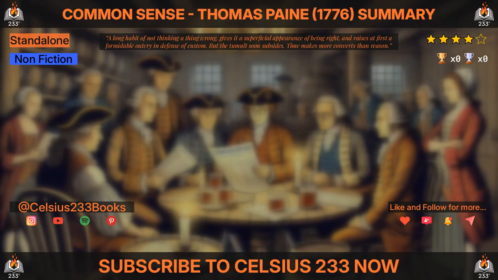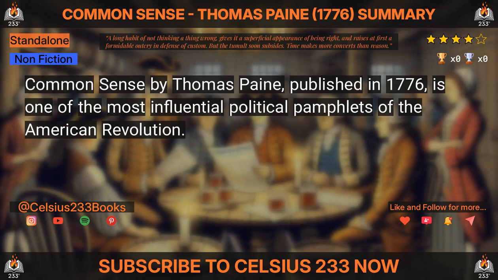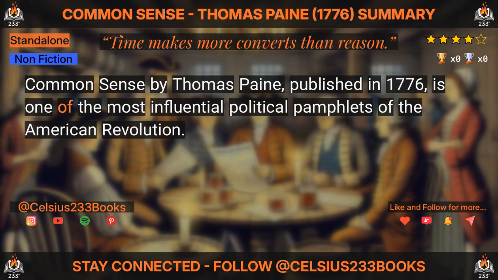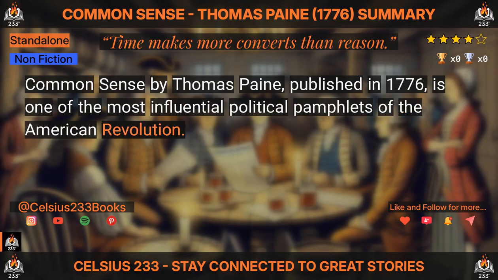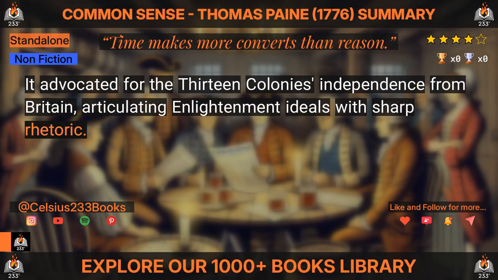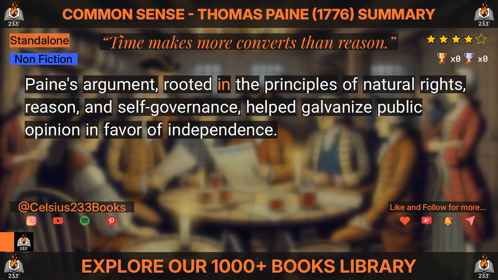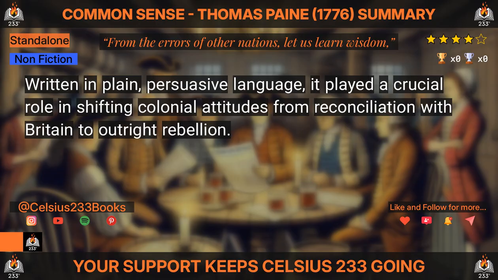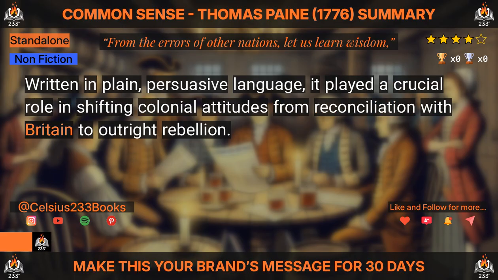Today, we will enter the world crafted in Common Sense by Thomas Paine. Common Sense by Thomas Paine, published in 1776, is one of the most influential political pamphlets of the American Revolution. It advocated for the 13 colonies' independence from Britain, articulating Enlightenment ideals with sharp rhetoric. Paine's argument, rooted in the principles of natural rights, reason, and self-governance, helped galvanize public opinion in favor of independence. Written in plain, persuasive language, it played a crucial role in shifting colonial attitudes from reconciliation with Britain to outright